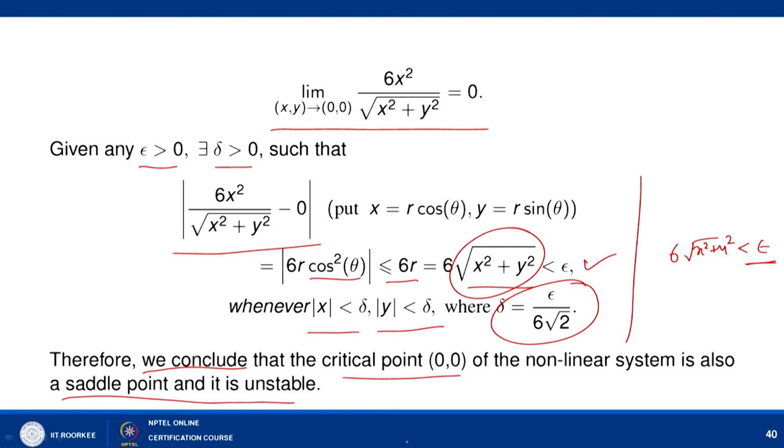So, with this we conclude our lecture here, and in the next lecture we will discuss something more about nonlinear systems which are not weakly nonlinear. Here we have seen the behavior of the critical point in the linear system, and in a similar way we can conclude something about weakly nonlinear systems. What happens if we have a general nonlinear system, what can we say about the critical point, or can we say something or not? That we will try to discuss in the next lecture.